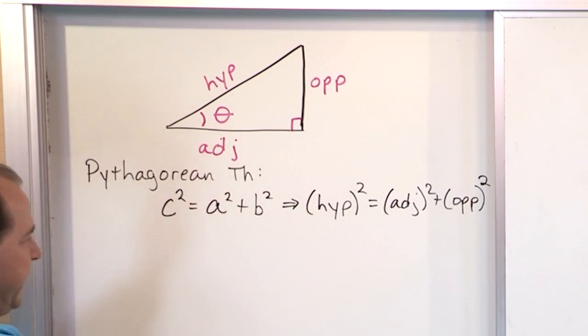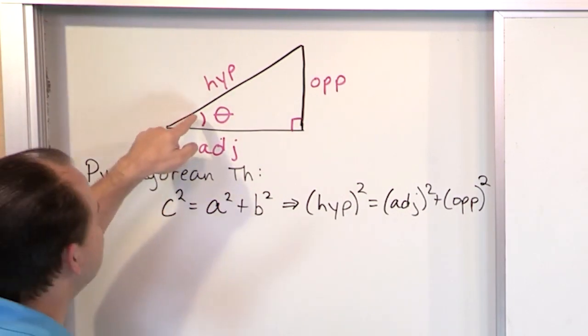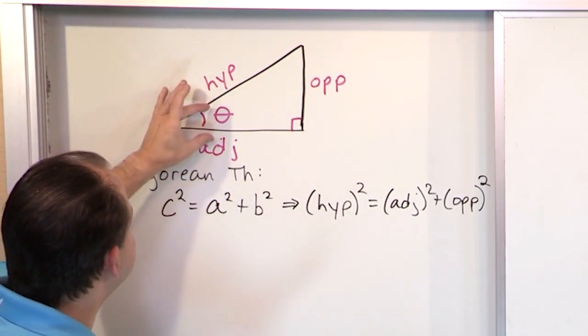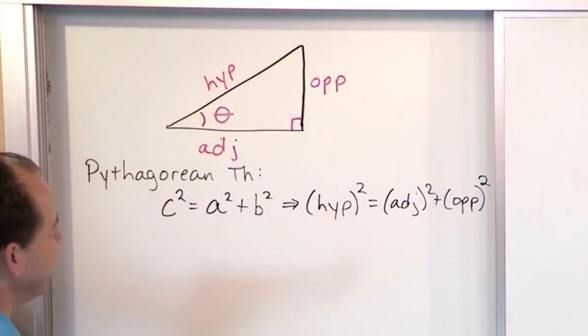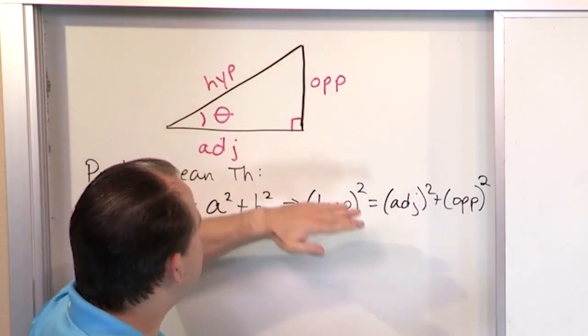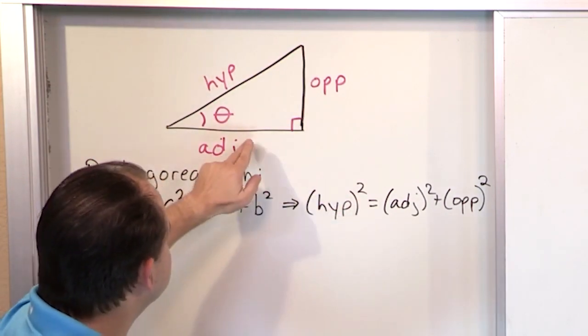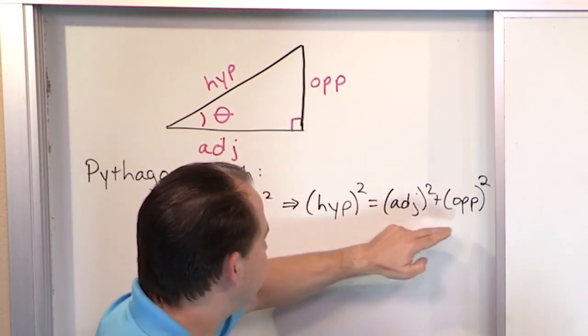What does this equation mean? That means for any right triangle, no matter what the angle here is, whether it's 15 degrees, 30 degrees, 7 degrees, a really slender triangle, whatever, it doesn't matter. If you know the length of the hypotenuse and you square it, and you know the lengths of these sides and you square them separately, and then you add these together,